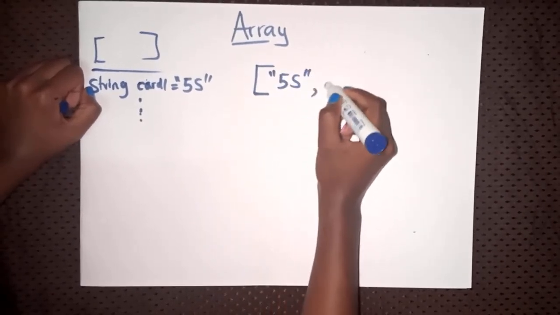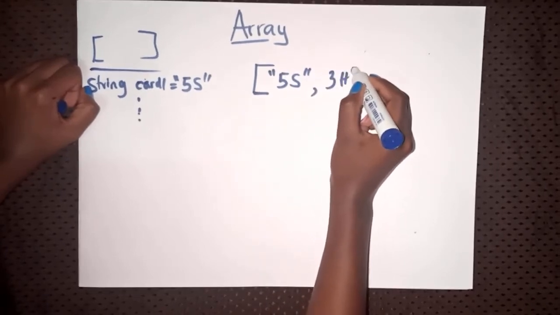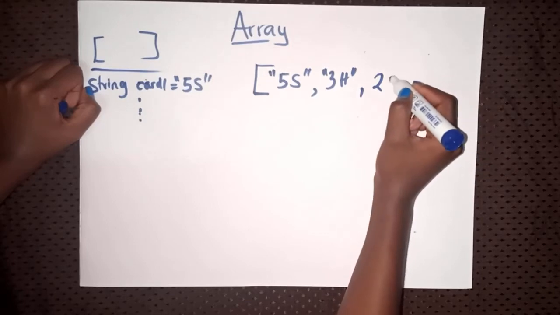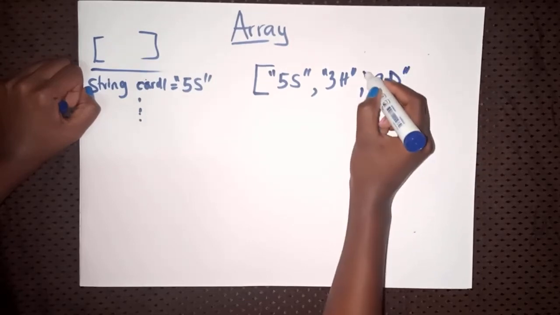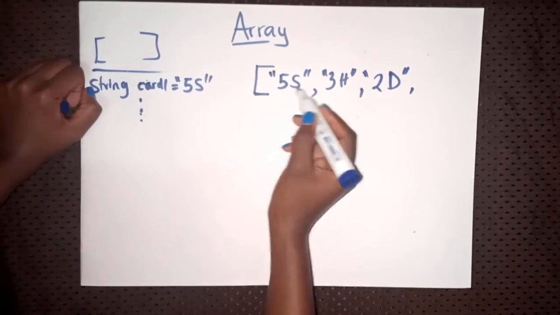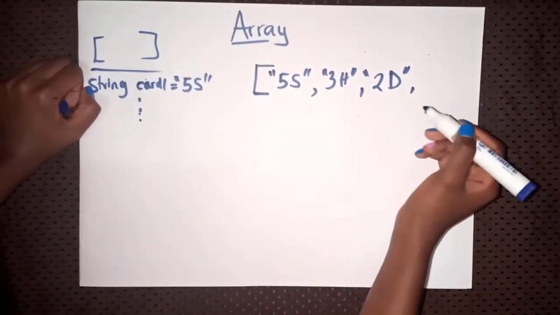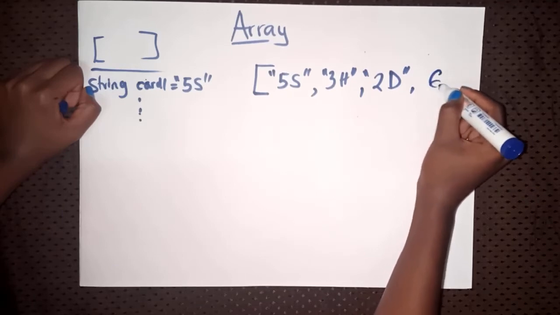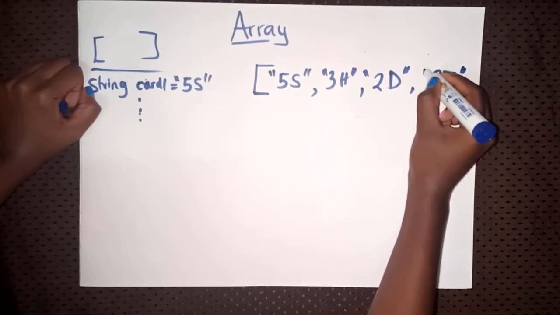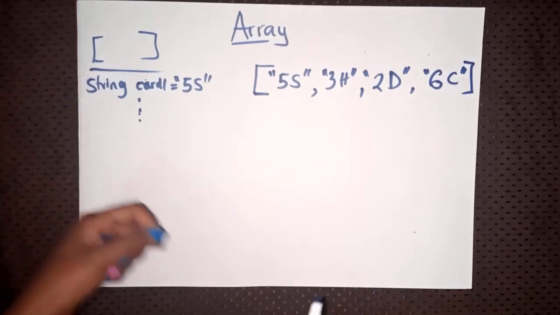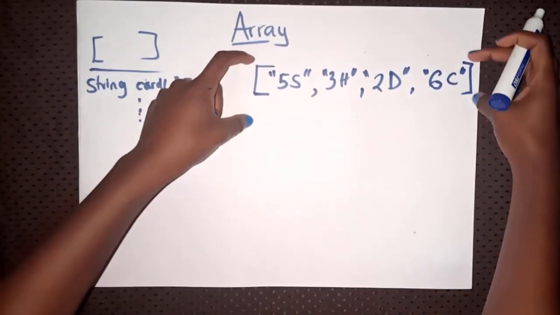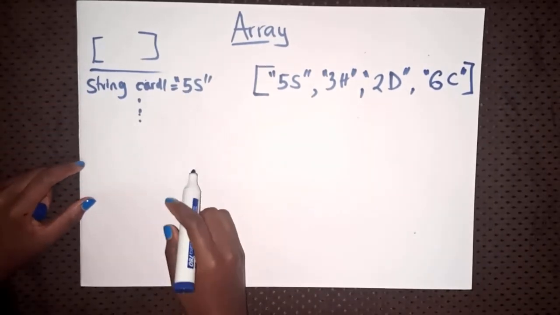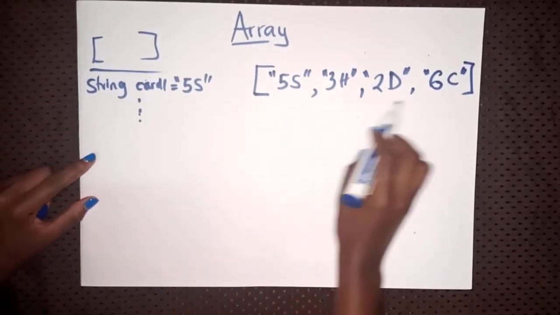This 5 of spades, we have 3 of hearts, 2 diamond, what else? Spades, hearts, flower, clubs. Then you can have 6 clubs. So that is an array. It allows us to group these things together instead of creating a string of each, and therefore we can easily access